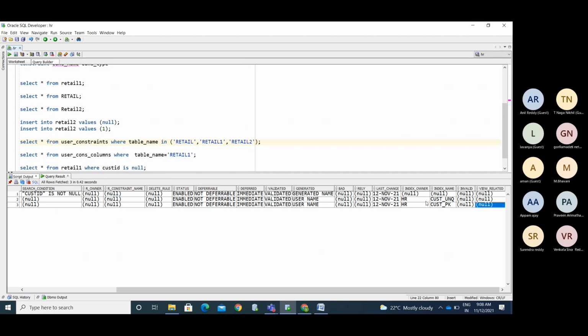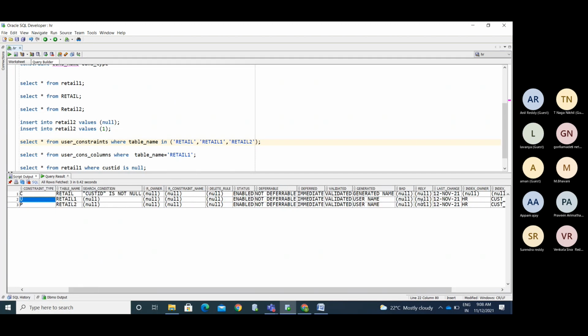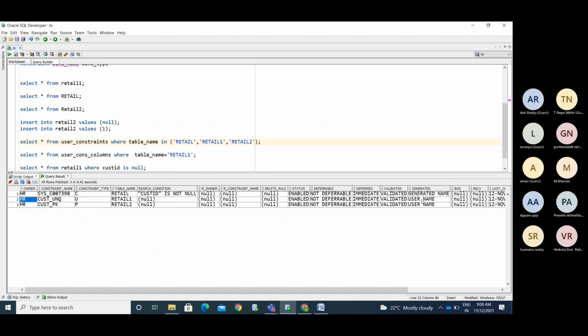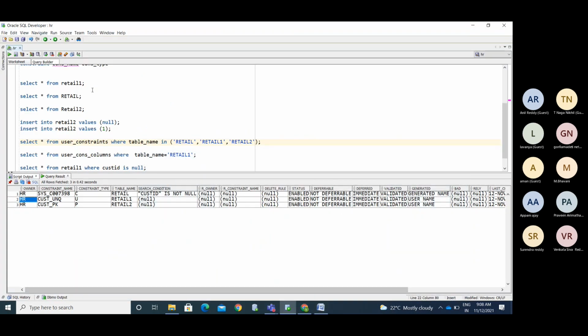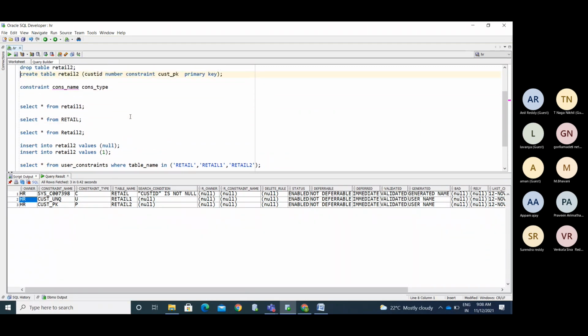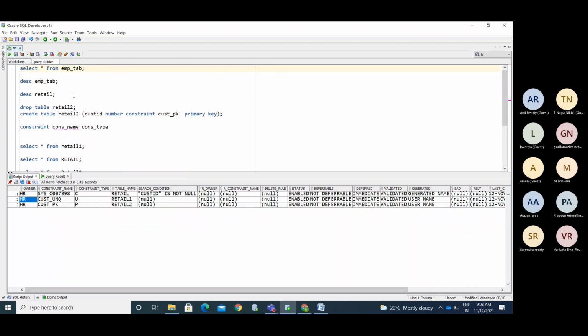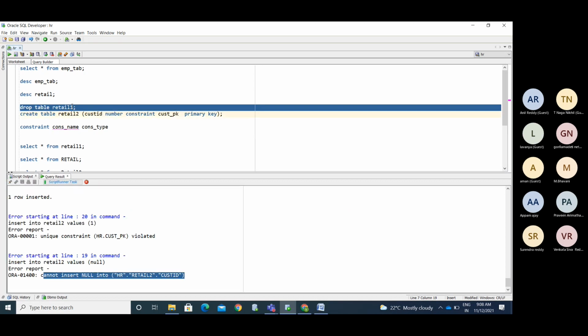Okay, so this is about the primary key, not null and unique. Now we'll see about check constraint. Before that, I forgot to add the constraint, so now I'm dropping the retail 1 table.